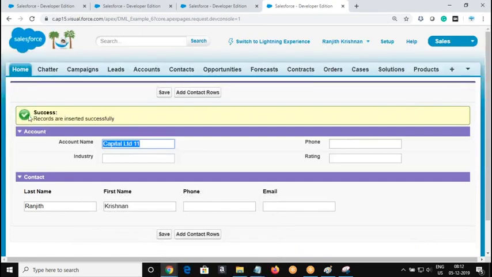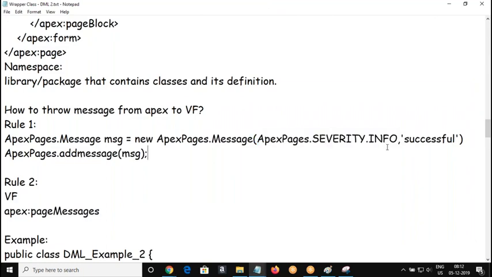If it is successful, it should be green highlighted, and if it is an error, it should be red highlighted. That kind of severity you are going to set here using the variables belonging to the class, and then your own message in the form of a string, and then add that instance to the addMessage method of the class ApexPages. ApexPages here is a namespace, but here it is a class. By seeing the format, you will be able to understand which is a namespace and which is a class. It's a static method belonging to this predefined class, and the method requires an argument of